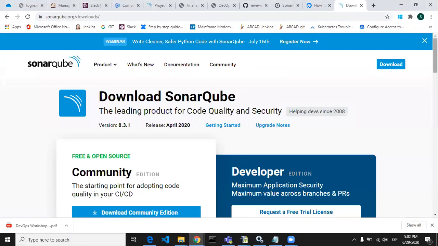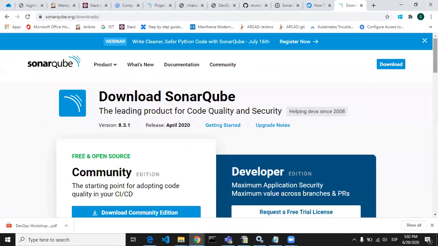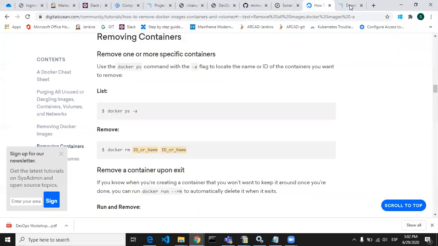You have to download the Community Edition for your Windows, just install it and use localhost 9000, and it will be run by your local system.